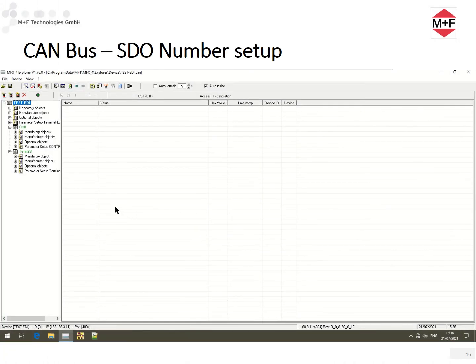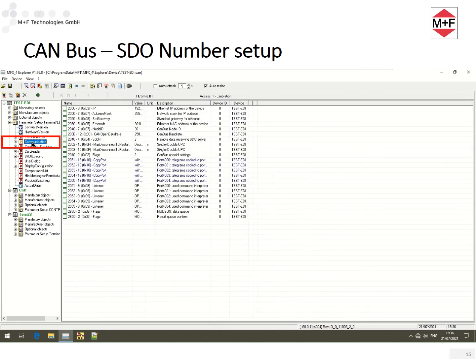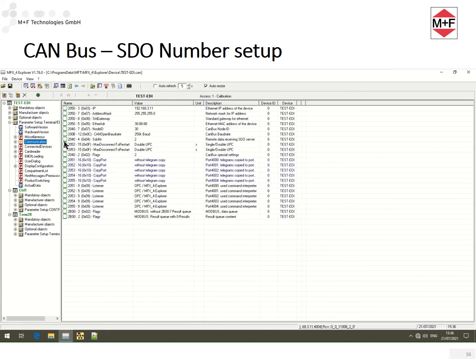To set the SDO numbers, I navigate with the MFX4 Explorer to the Communications folder of the MFX4 EDI or terminal. For each device, I set a separate SDO number.